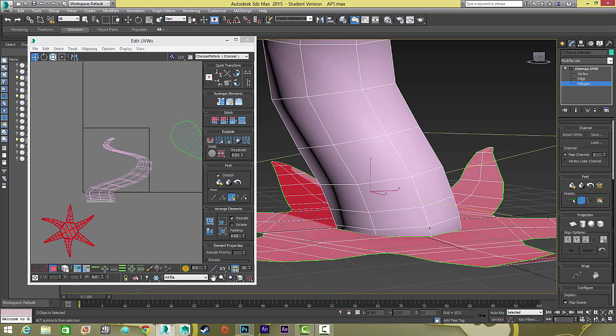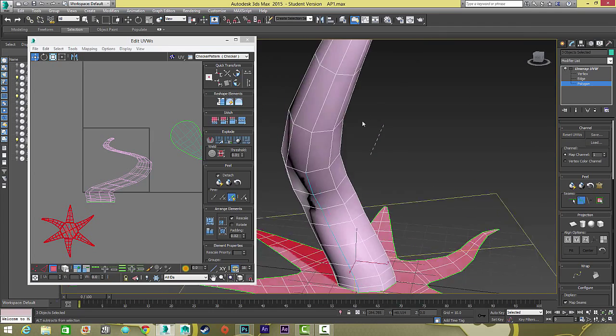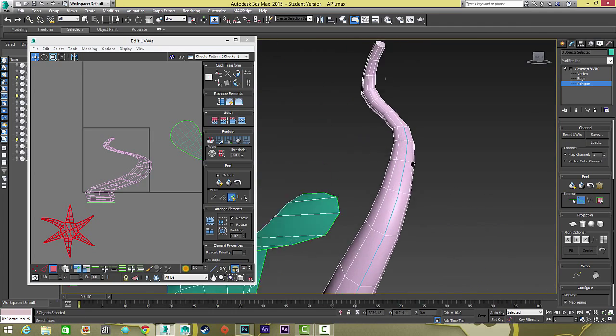So you don't actually have to click one after another. You can skip several and it'll find the quickest path to that. So what I want to do is just find a complete vertical line all the way up the stem,